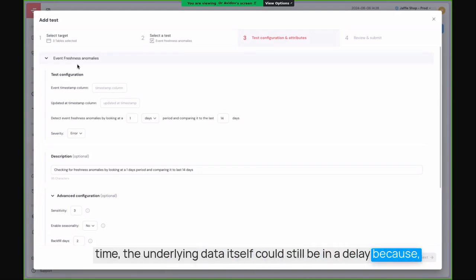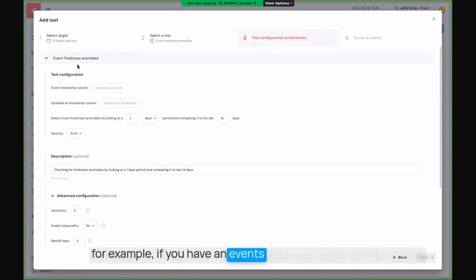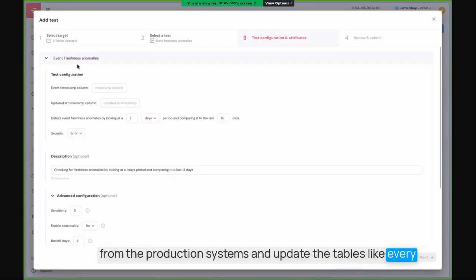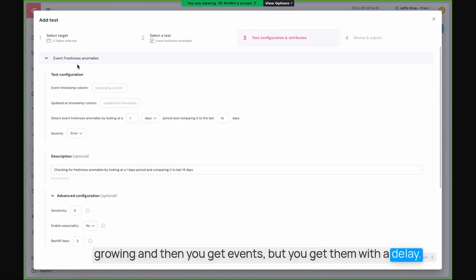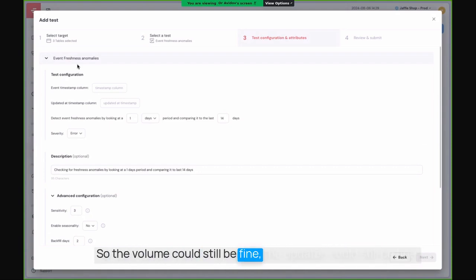still in a delay because, for example, if you have an events table, you could pull the events from the production systems and update the tables every hour, every day regularly, but the underlying event time could be delayed because you have some queue in the production system and the events are accumulating and the depth there is growing. And then you get events, but you get them with a delay. So the volume could still be fine, the updates could still be fine, but the underlying event time could be